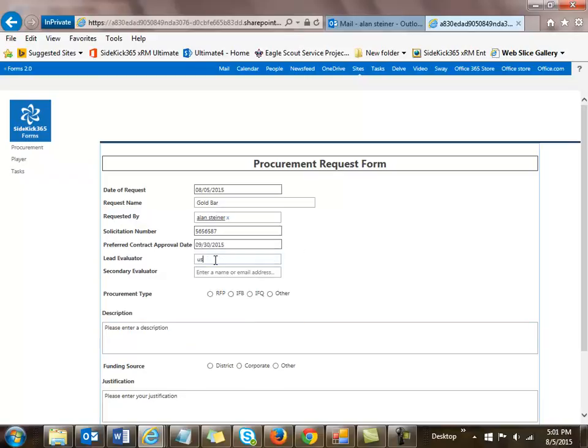And the lead evaluator is user 3. And user 4 is the secondary evaluator. So the way this will work is that it'll first go to user 3, then it'll go to user 4, then it'll go back to Alan as the final person that requested it, and I'll show you how we did that. It's an RFP. The description is, I need a gold bar,